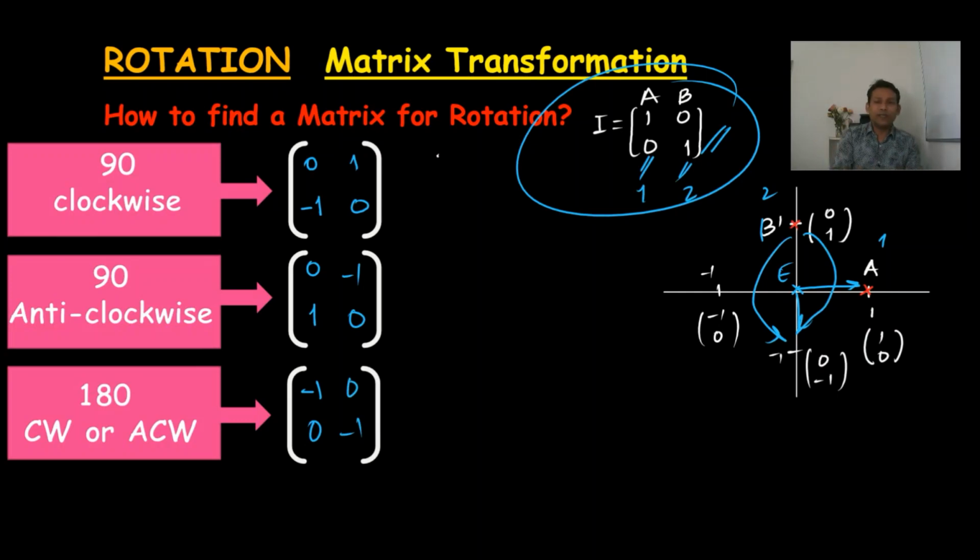This is very easy, and you can do it in an exam in 1 minute. Sometimes paper 1 requires you to give the matrix for a 90-degree clockwise rotation. Don't just try to recall the matrix; use this method. With it you can find all the matrices for reflection, rotation, shear, stretch, and enlargement. I think this is the easiest way.